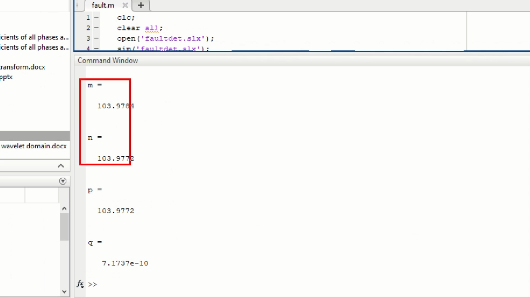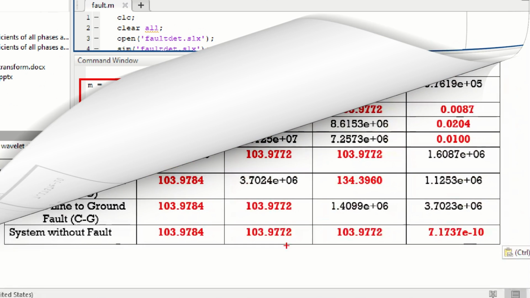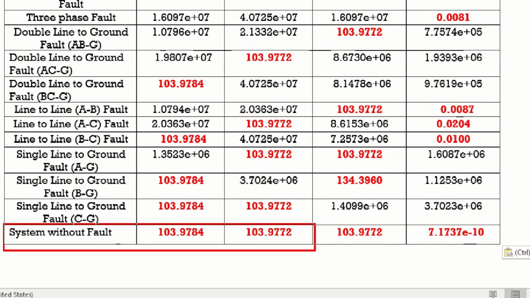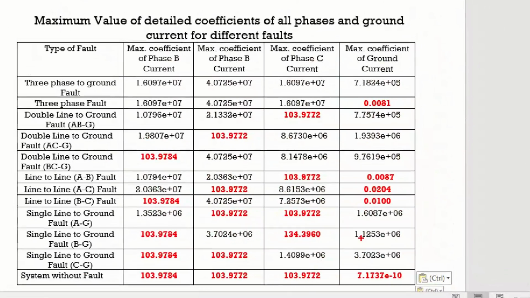After each simulation, save all these 4 values in a table for all above fault types as shown here. It may be noted that for all types of fault, coefficient values are extremely high, whereas when fault is not applied in any phase, then its value is very small or up to